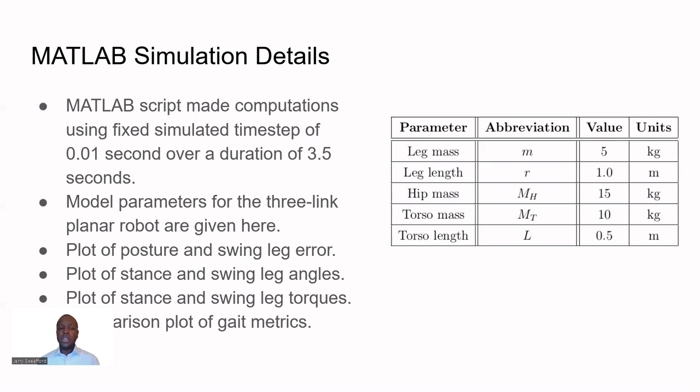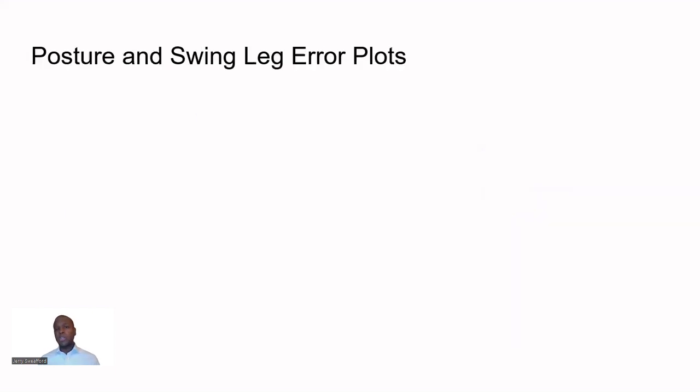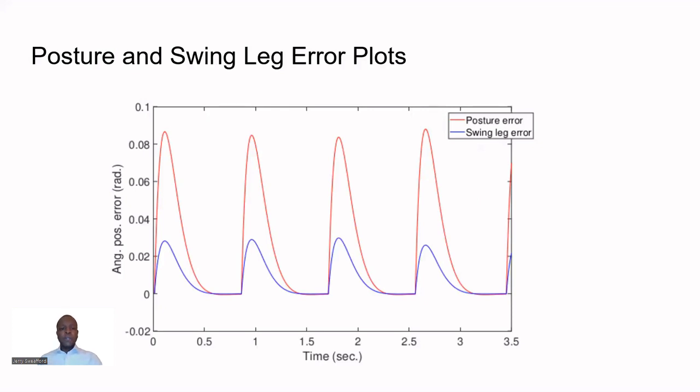What matters is what we're going to see next, which are the plots of the posture and swing leg angle errors, the plots of stance and swing leg angles, stance and swing leg torques, and then we're going to be able to compare the 3 gait metrics and see the differences between them. Okay, so here you can see that there are 4 steps that are taken. So every time the foot touches down, we see that there is this